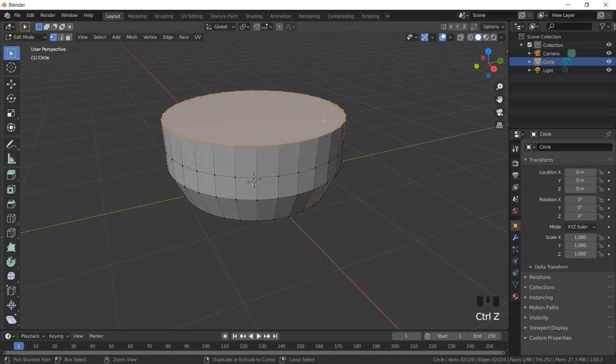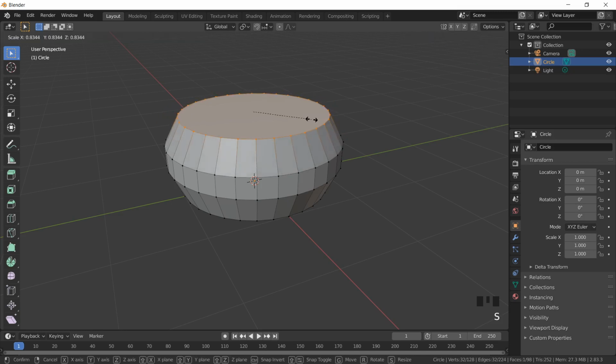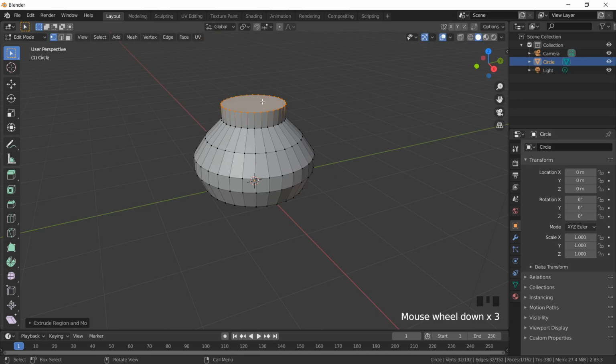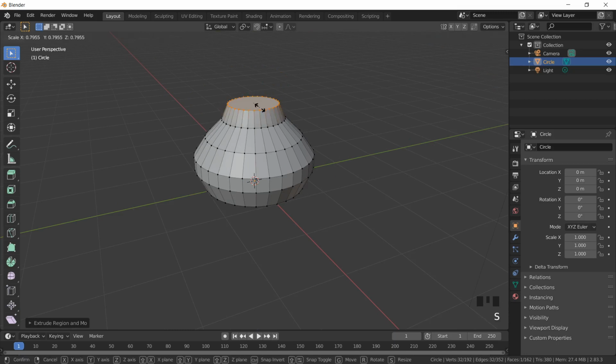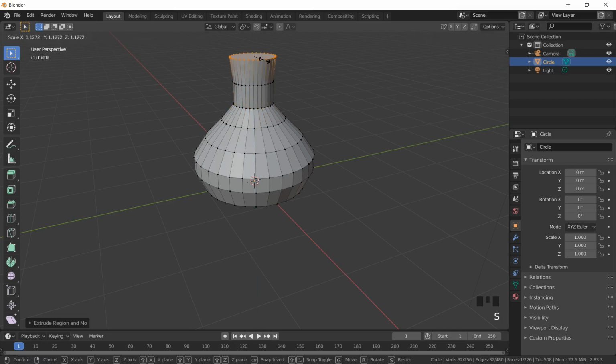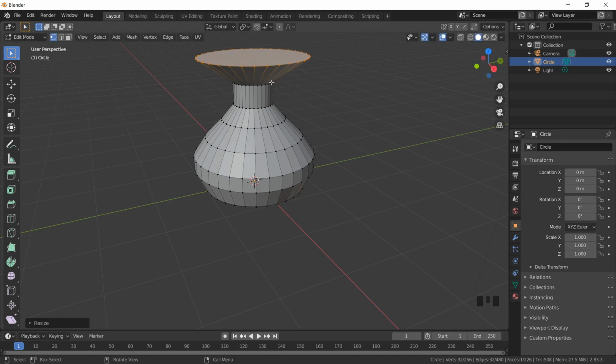I missed one operation, Control Z, yeah, S to take it inwards. Then again E to take outside, then S to take it inside, E to take outside. I'll just zoom out. Then S to take it inside, E to take it outside, and then let's make it the top of the vase. So I'll take again E outside and then S to take it outside. Yes, so this is how I'm going to create a vase with two options, that is E for extrusion and S for scaling either inwards or outwards.